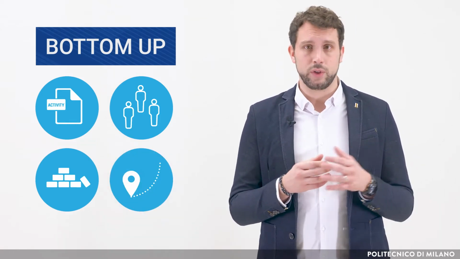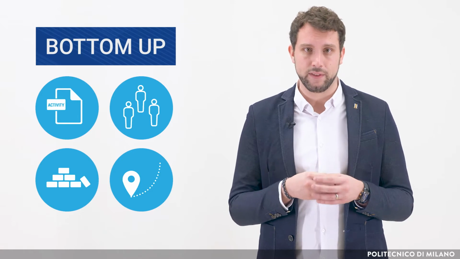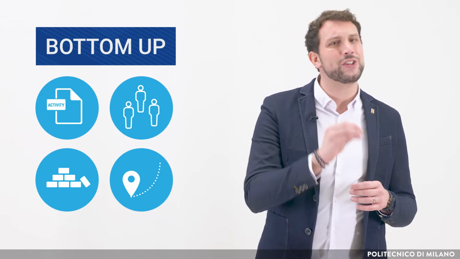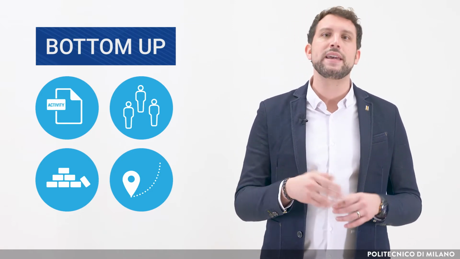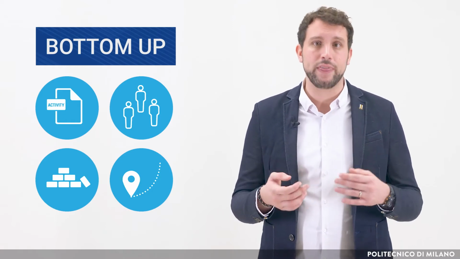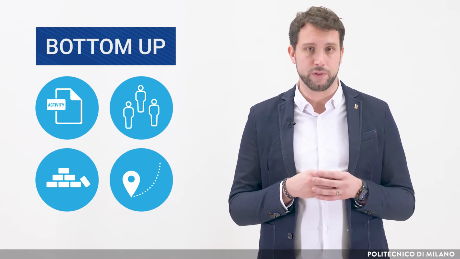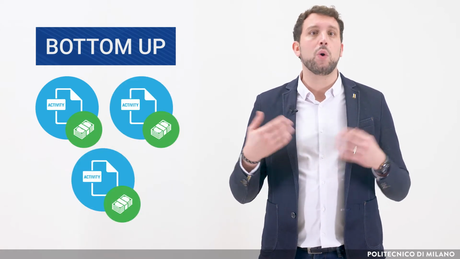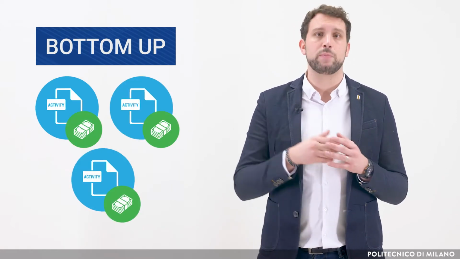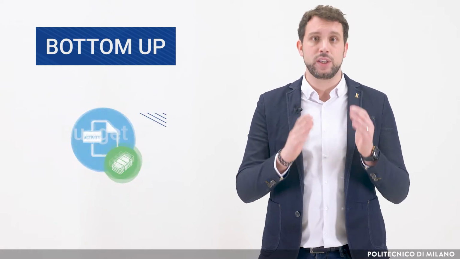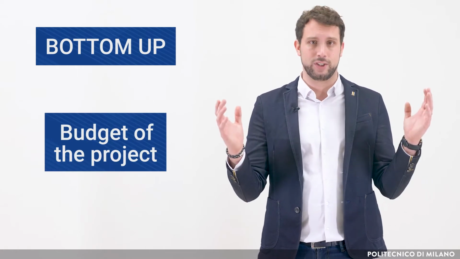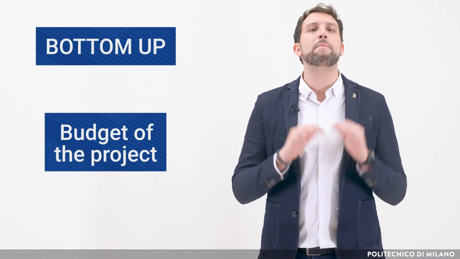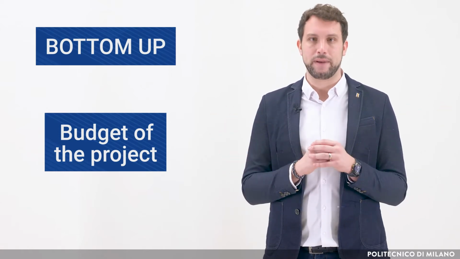Then, it is important to notice from an accountability perspective that resources may either be internal or external, which may have implication on their cost and the way in which they will be accounted for. Once you define the cost for each activity, you can then put all of them together and roll it up to the project level, and at that point you will have the budget of the project. This is considered to be the best possible way to define a budget.